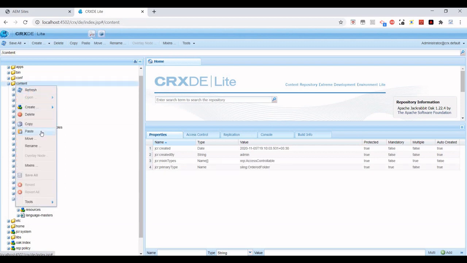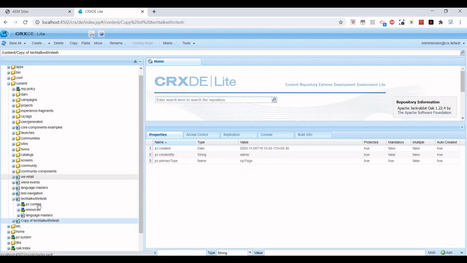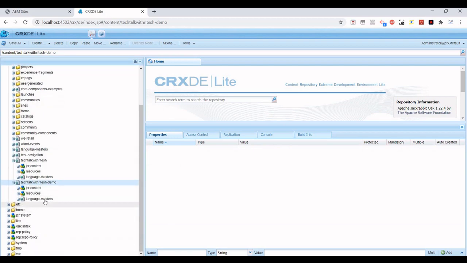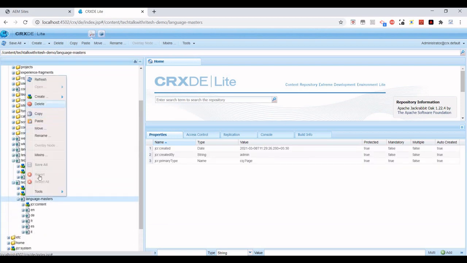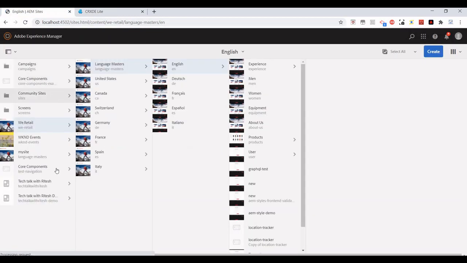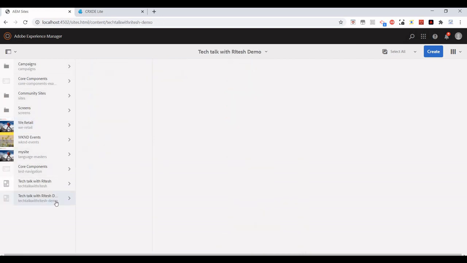Maybe I will create another one and name it demo. Let me just delete all the resources we have, we don't need them. So that's it. I'm going to refresh it, and we should see that demo here, yes, with no content at all.